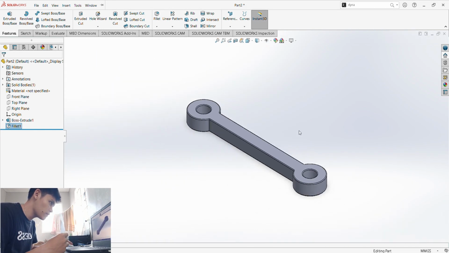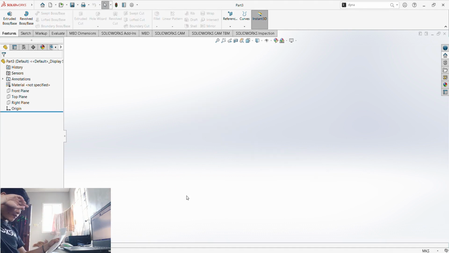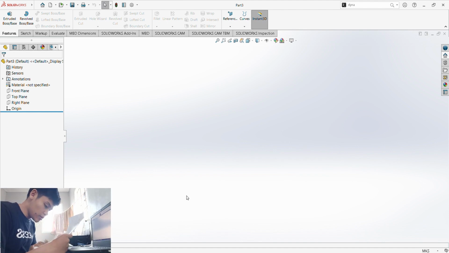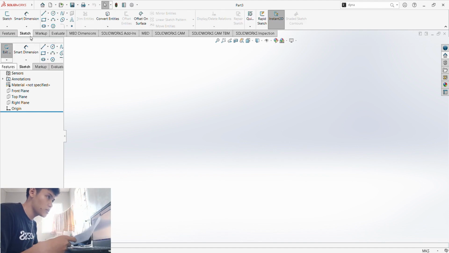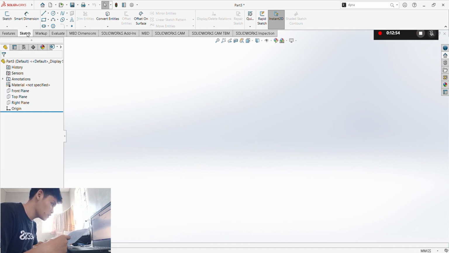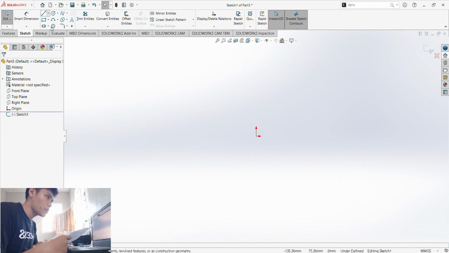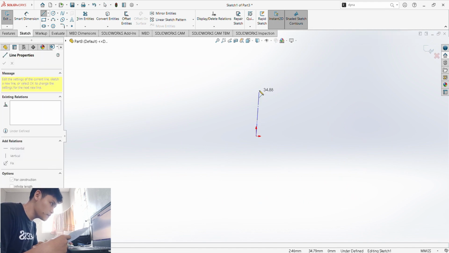So now we have this one, another component. So next, to add a new file, just go into the file, then new, then another part, then okay. So next we would be making the pin, which is the easiest part of this. We just have to first use MMGS, go to sketch, go to the front plane, then create a center line.